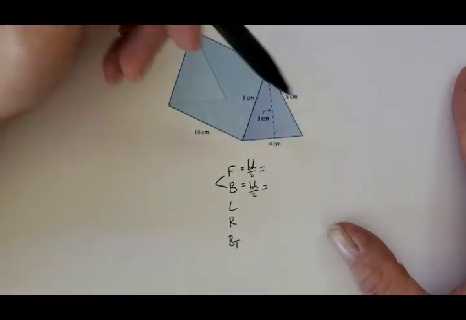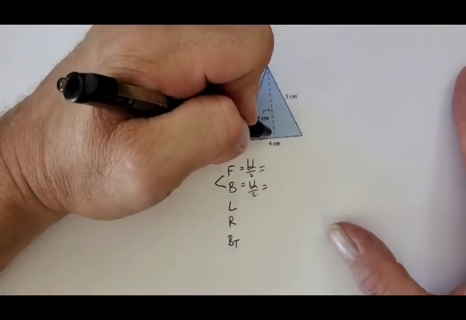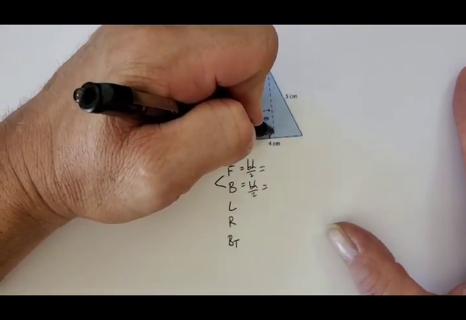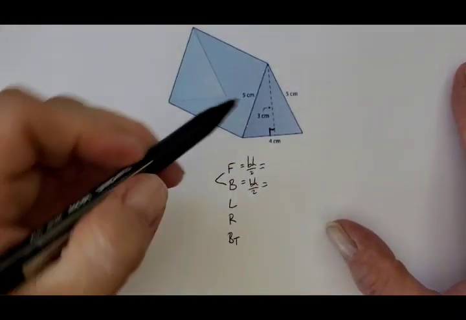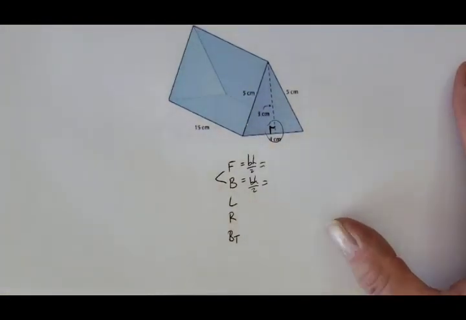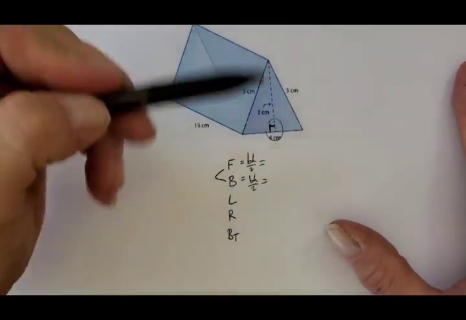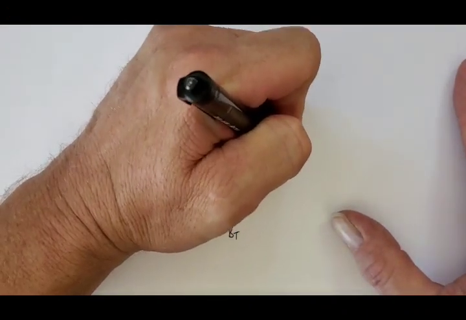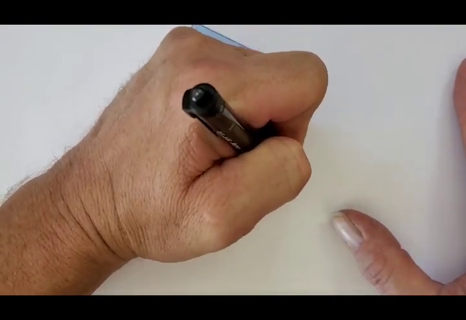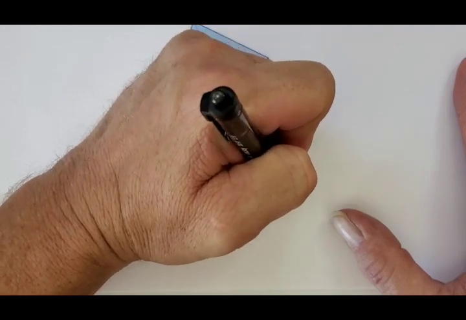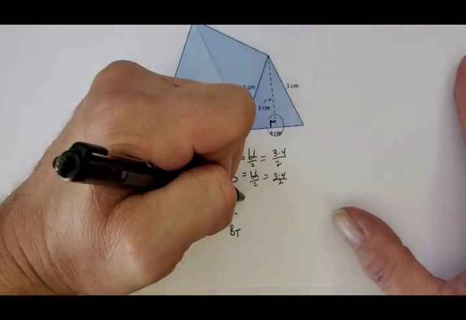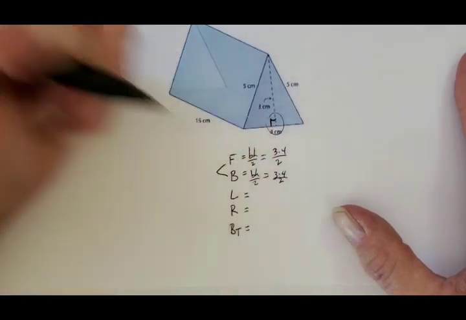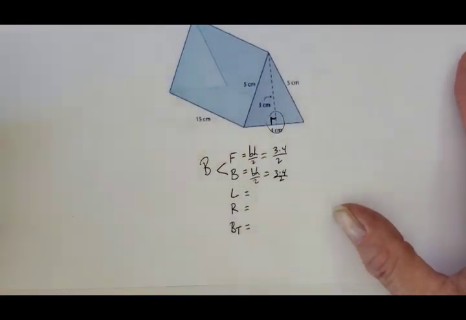I'm going to calculate the base and the height. There's no right angle marked, and I think it really should be. So there it is. The base and the height are where the right angles are marked, and those measurements are 3 and 4. So there are the 2 triangle bases. This is called big B,